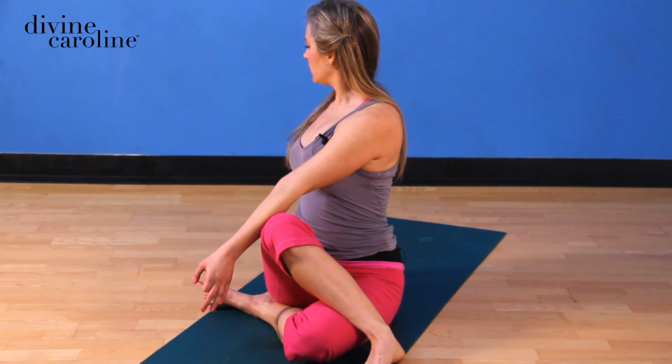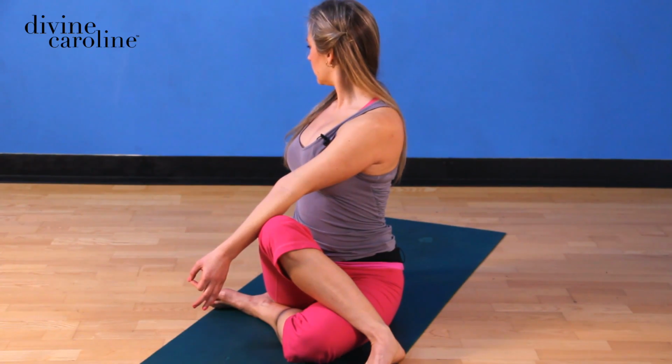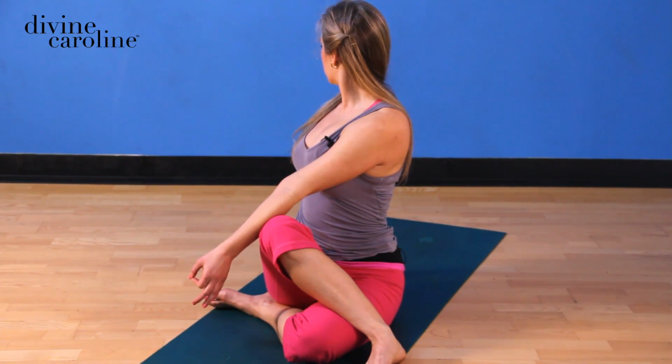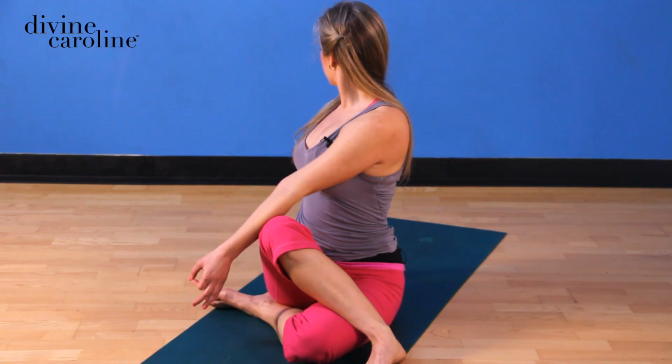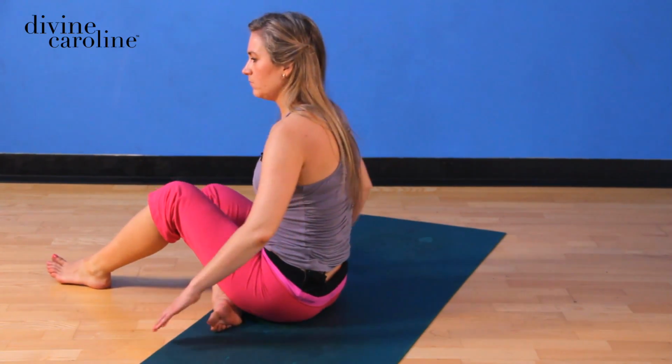And if you just watch carefully, you can see how the pose deepens as different parts let go and other parts start working. Come back on an inhale with a nice long spine, and let's prepare for some fun in